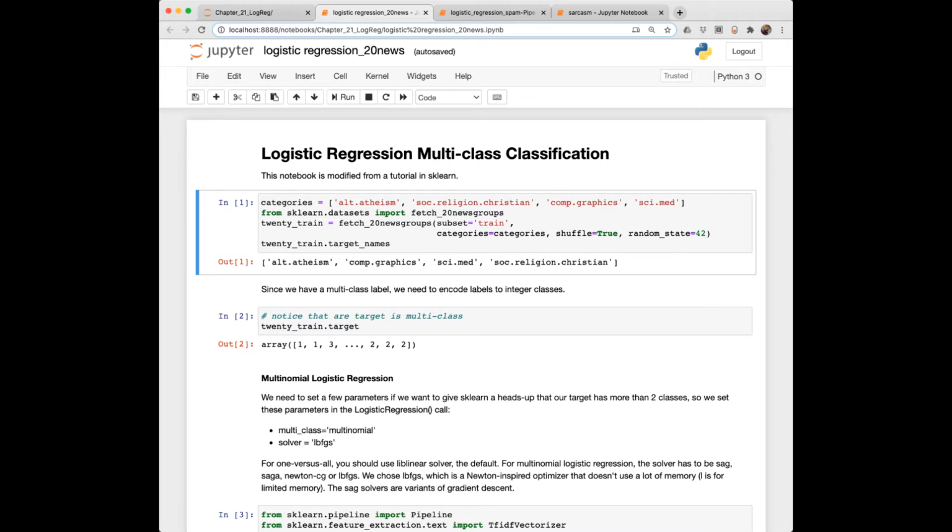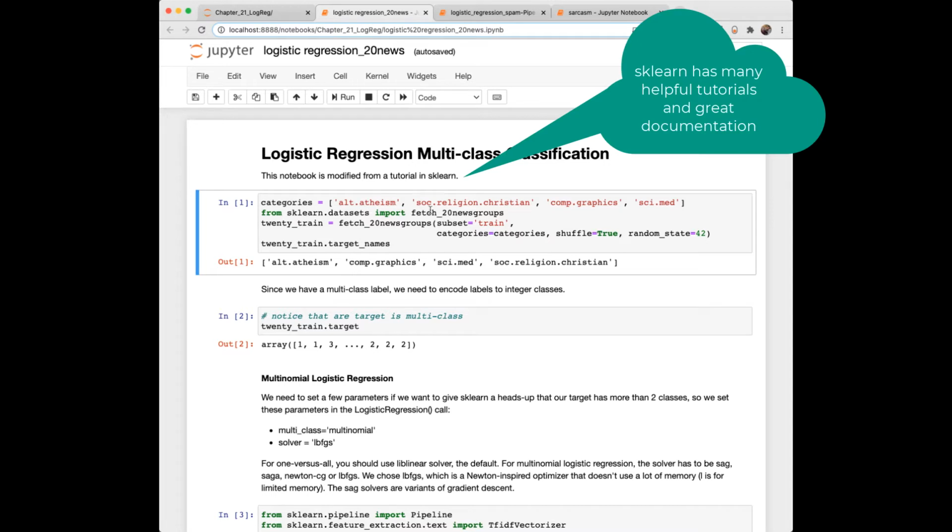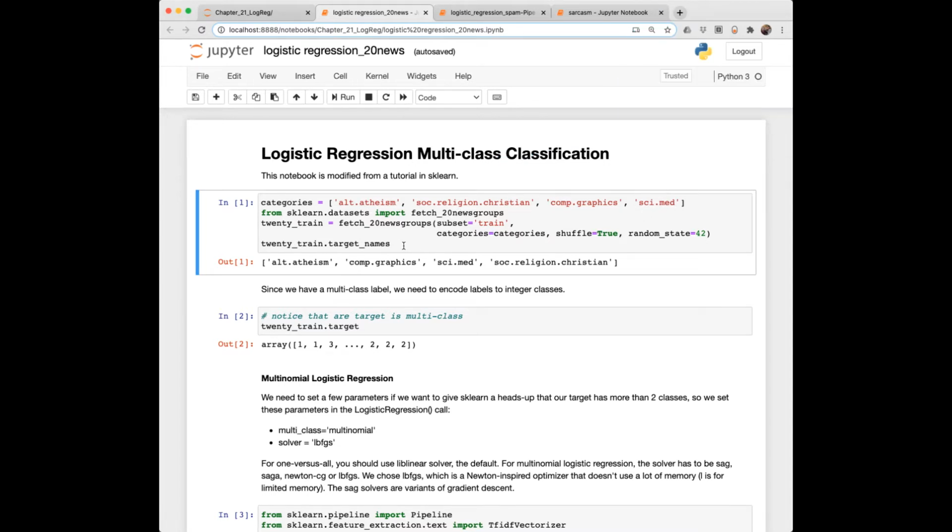Welcome back. Despite its name, logistic regression is a classification algorithm, not a regression algorithm. In this notebook, we look at a multi-class classification problem on a newsgroup corpus that's built into sklearn. I'm selecting just 4 of the categories from the built-in data set, and here we see the targets, which are